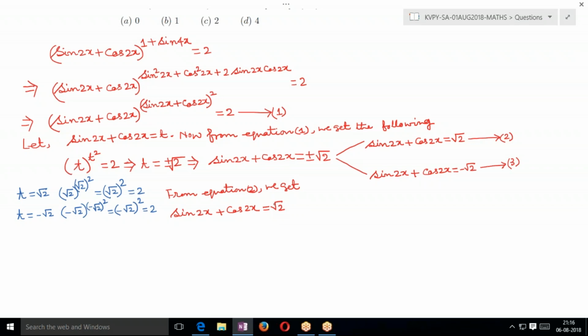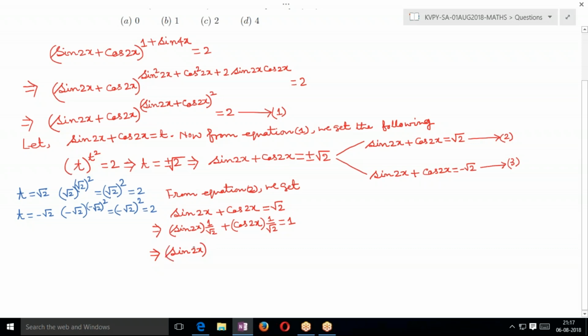So now, as we see sin 2x plus cos 2x equal to root 2, we divide by root 2 on both the sides. So we get sin 2x into 1 by root 2 plus cos 2x into 1 by root 2 is equal to 1. This implies, sin 2x into 1 by root 2 is equal to, you can write, so this is the style, always remember